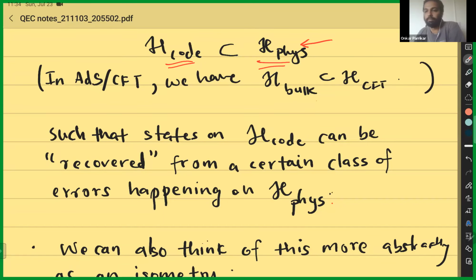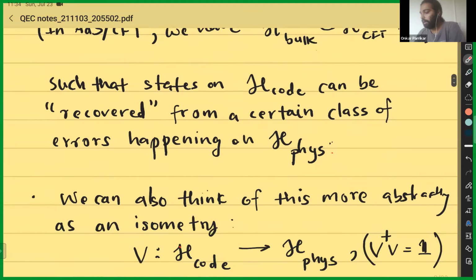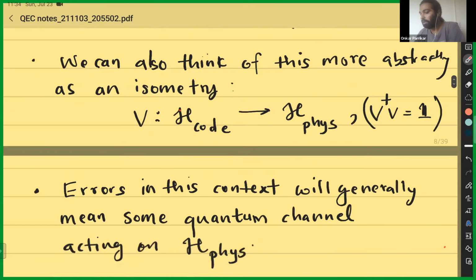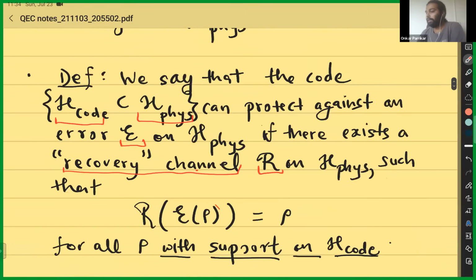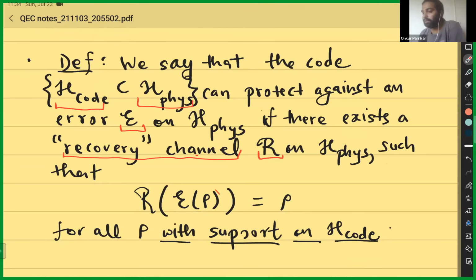We model these errors by the action of a quantum channel, which we also talked about yesterday. And we say that this code can protect against a particular error channel E,